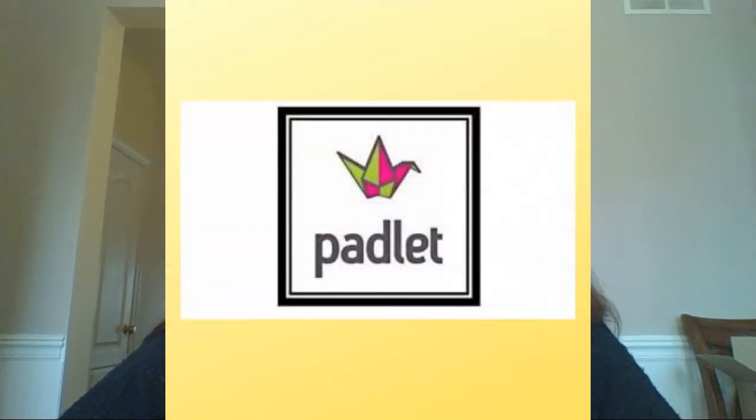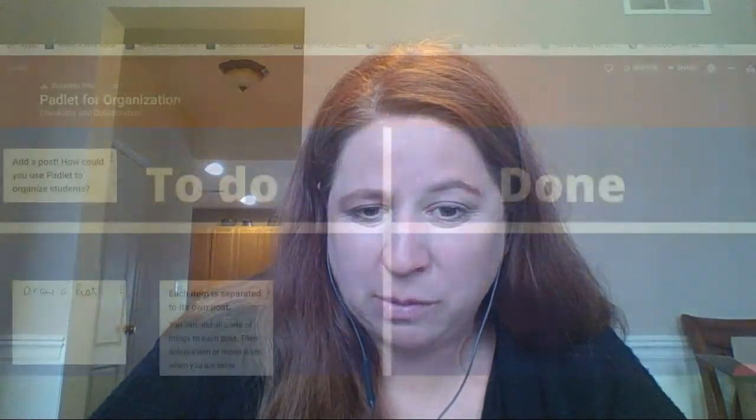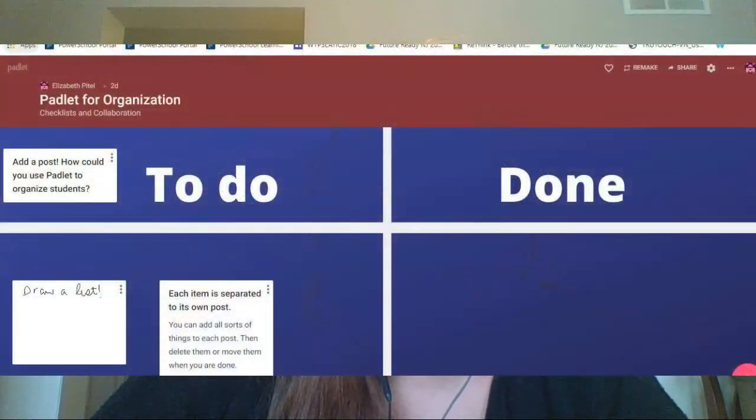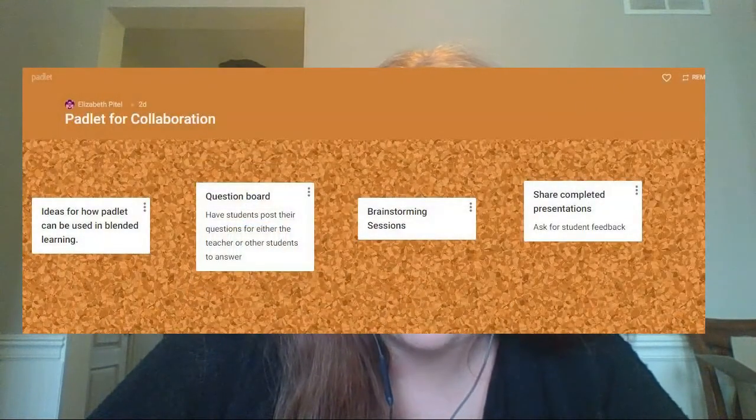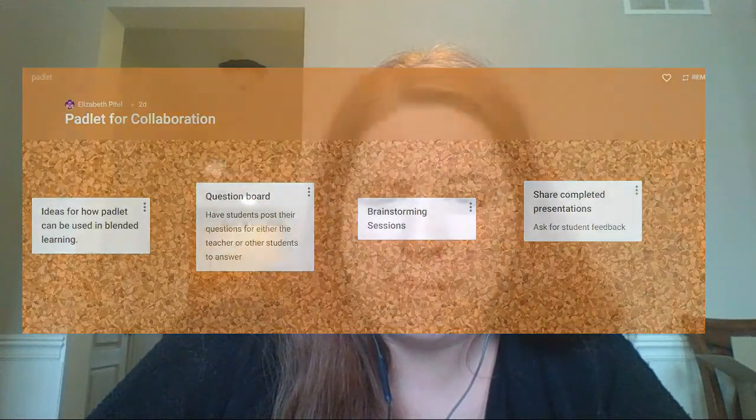Next, Padlet. Padlet is another great tool for sharing and collaborating. So I've got a couple of sample Padlets in the folder. We've got a Padlet for collaboration in addition to the one for organization, because that tool, Padlet, actually works in both areas. Padlet not only is a collaboration place, it's also an organization tool, so we're kind of combining that together. But if you go to the Padlet for collaboration tool, which is what we're talking about,